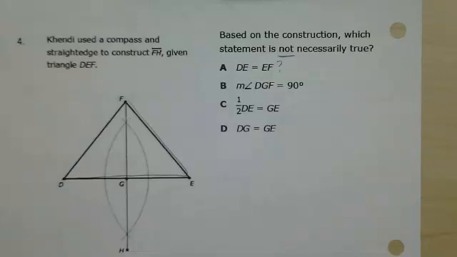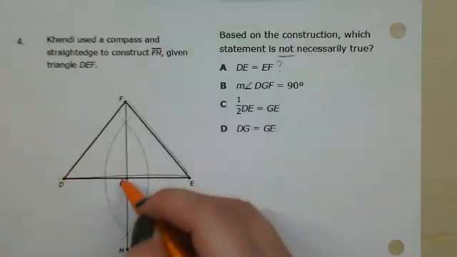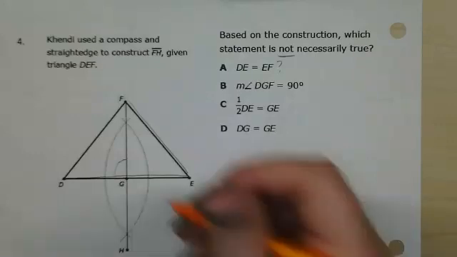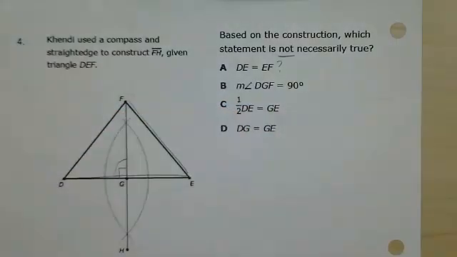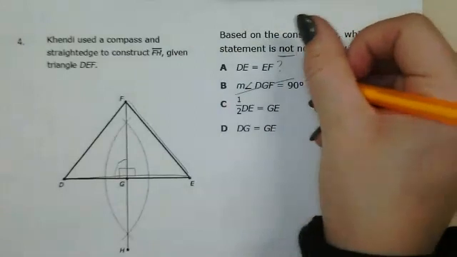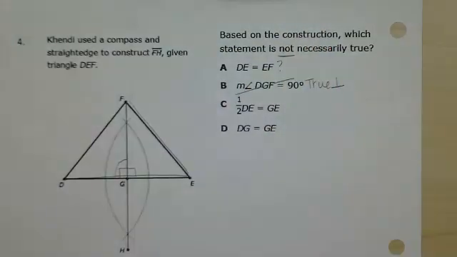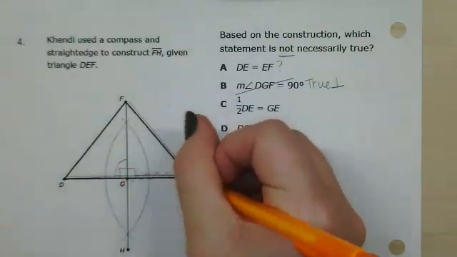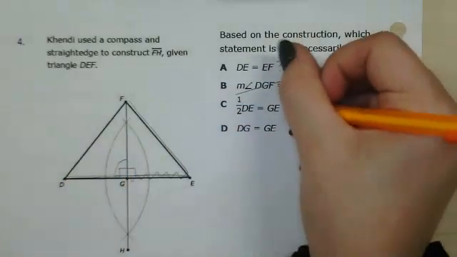Okay. Then they say that the measure of angle DGF, this angle here, is 90 degrees. Should that be true? Yes, because it should be perpendicular if it's running vertically and horizontally, right? Same, it would be true for this angle over here. All right, so it's not that one. That one is true because those lines were perpendicular. All right. Next answer choice says that 1/2 of DE, so this line down here, if you were to multiply it by 1/2, it would be equal to this segment here, GE. Yes, that would be true. Okay, so this one is true